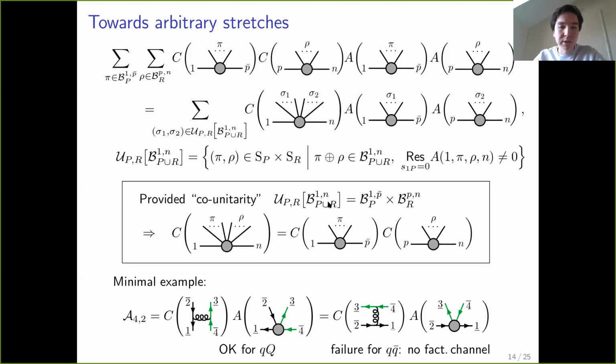So we call some lower point and higher point bases co-unitary if this set theory equation holds. But what it really does is that it picks out the factorization channels being 0 or non-zero. And the minimal example of that happening or not happening is here at 4 points,